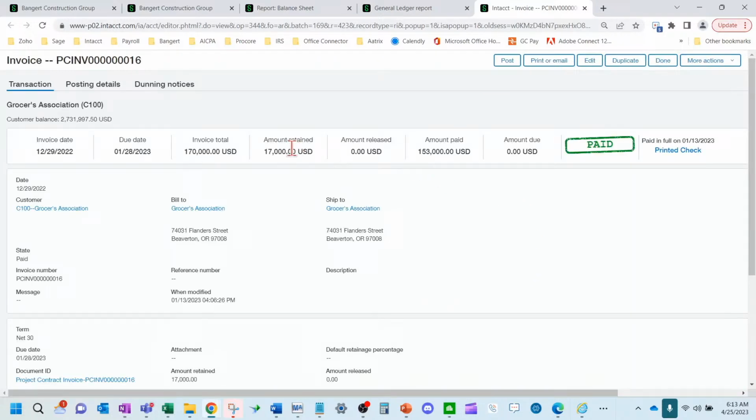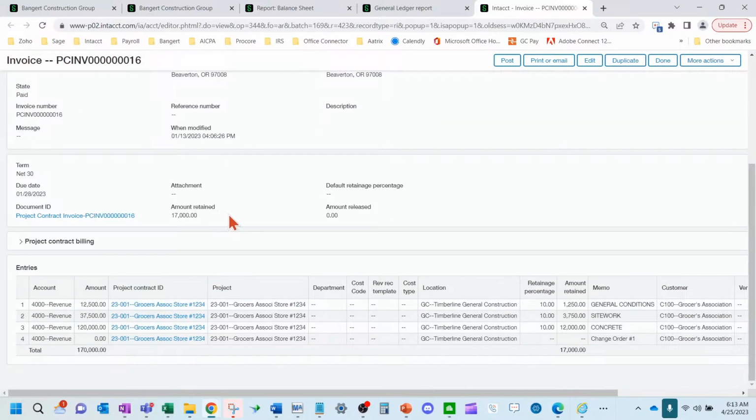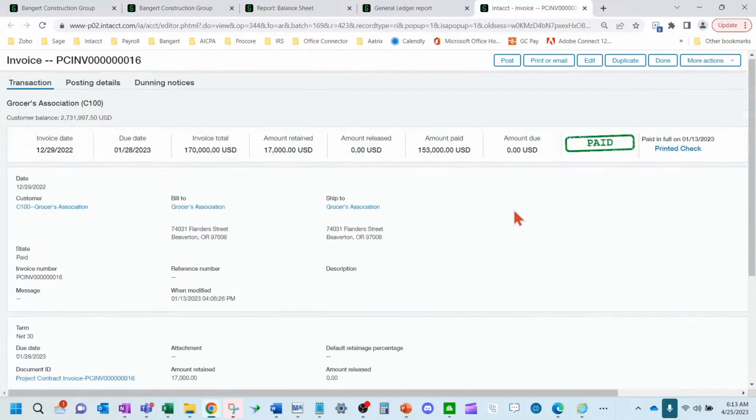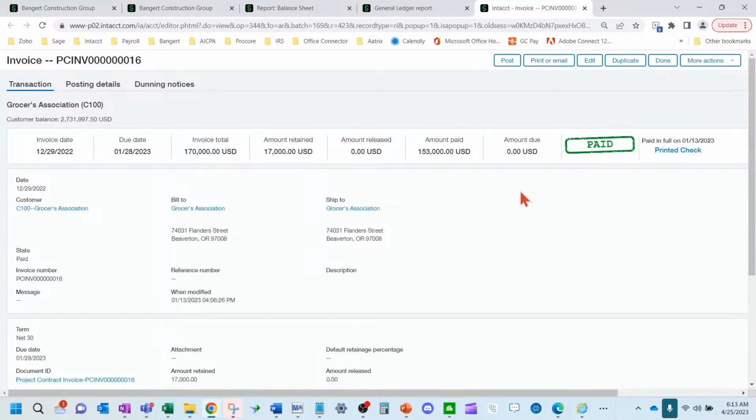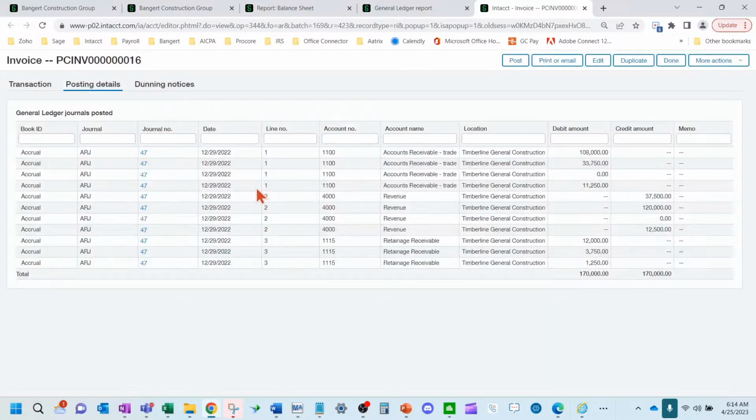And I can pull up my actual invoice here and see that on the 29th, I generated this invoice and this customer has actually paid it. Okay, so this is something an auditor would like because they can see that this invoice was paid on. So, from their perspective, easy to find on here and when it was paid. And they can come down here and see the entries, and they can also see the general ledger effect of the entry that was made here. Okay.